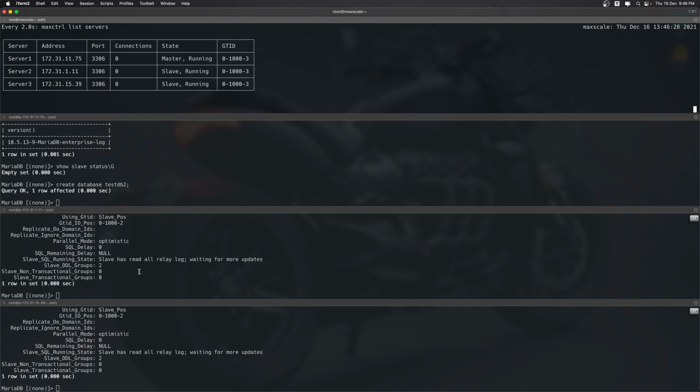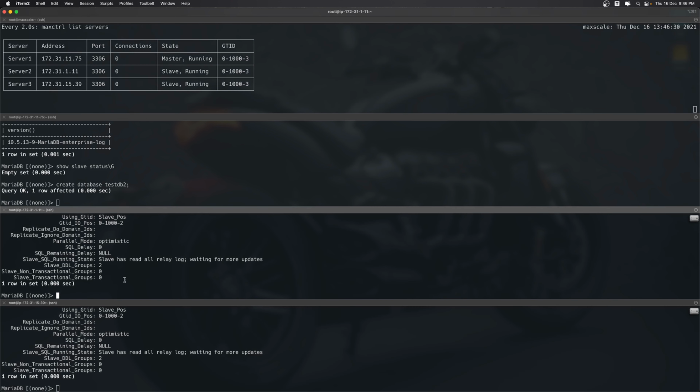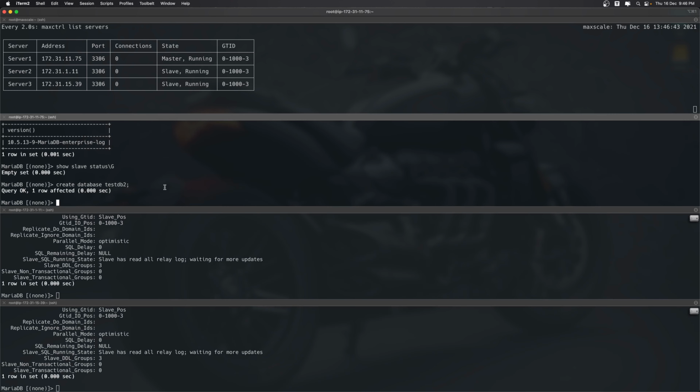Which means that if I do a show slave status here, you remember the last output was 2. If I do a show slave status again, now of course it's been updated here as well. So which means that the cluster is in a healthy state right now, and the replication is working fine. So what we are going to do now is I'm going to show you a very simple